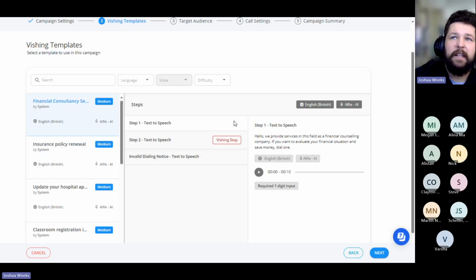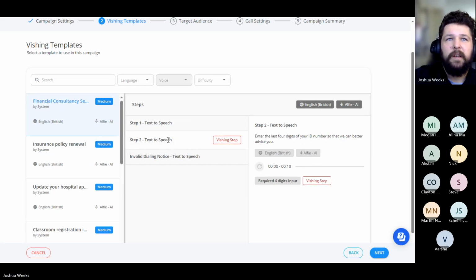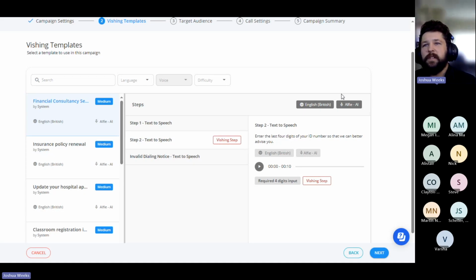So we reflect that in our exercises by breaking these out in a series of steps. And when the end user gets to the second step, this highlighted red vish step, we're considering that sensitive information, this last 4 digits of your ID number. And so once they enter that in, they would be considered successfully vished on our report.